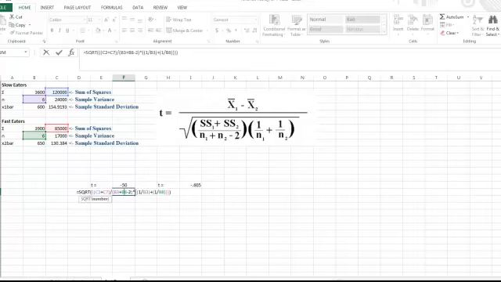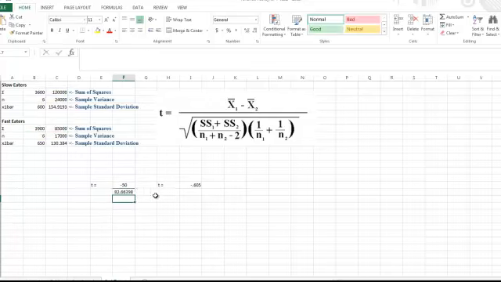We're going to multiply that, and then open parentheses again, 1 over the n of group 1, which is 6, close parentheses, plus 1 over the n of group 2, which is also 6, and then you can close out all of those parentheses. Hit enter, and you get 82.664, or 398 if you wanted to be precise. So then what I've done here is take that numerator divided by the denominator. Our t statistic is negative